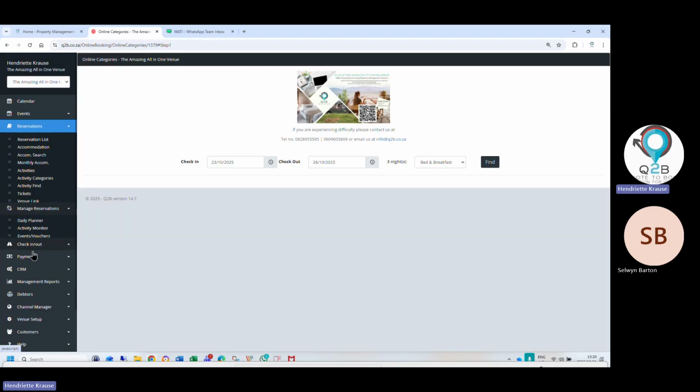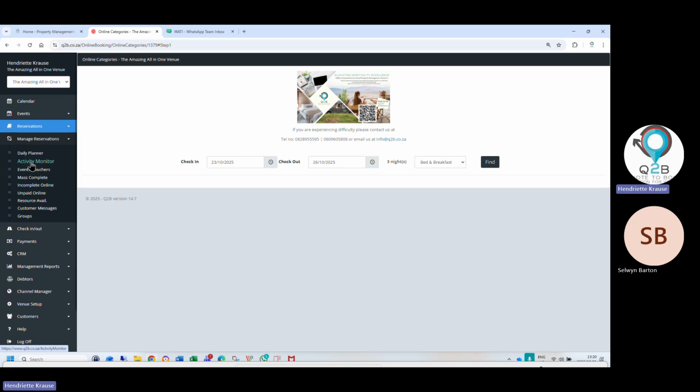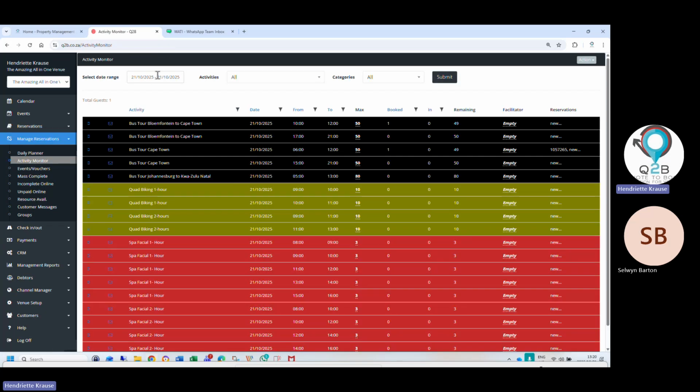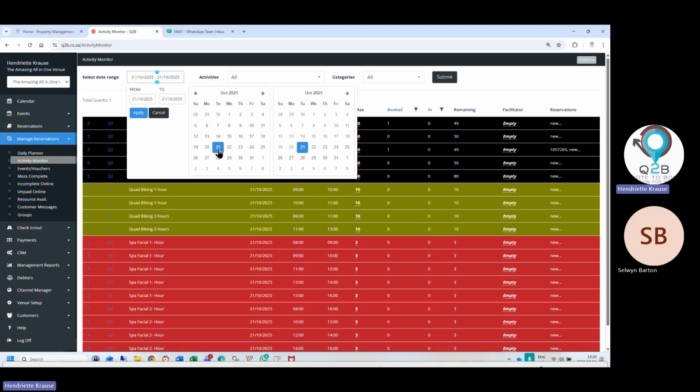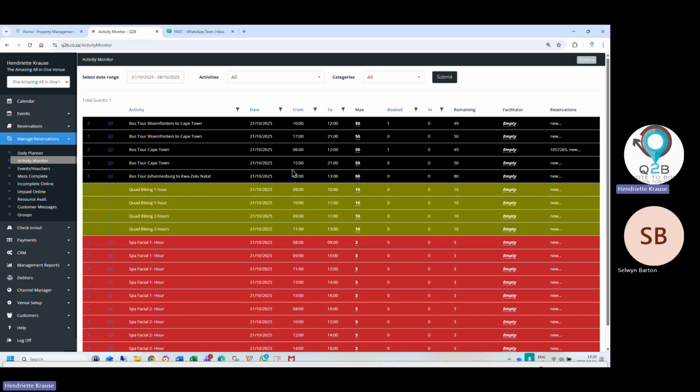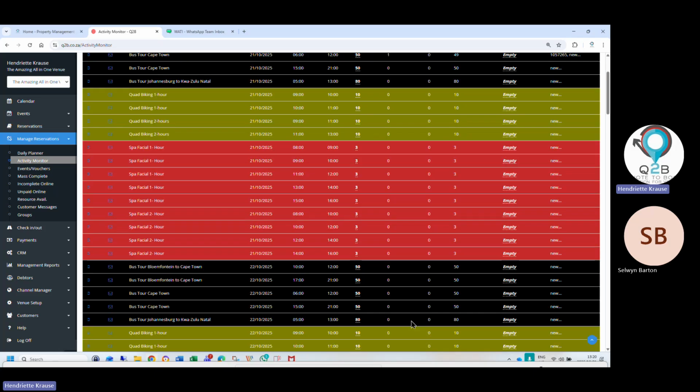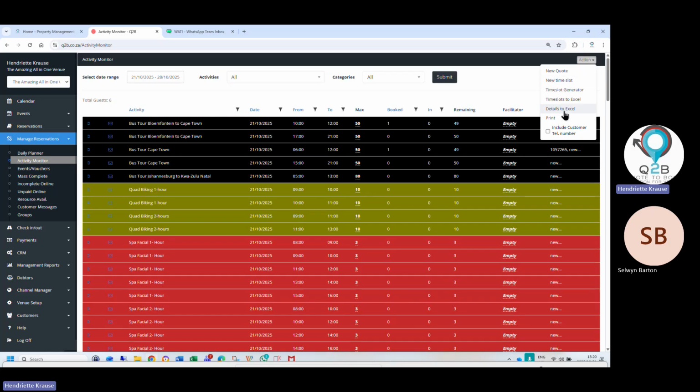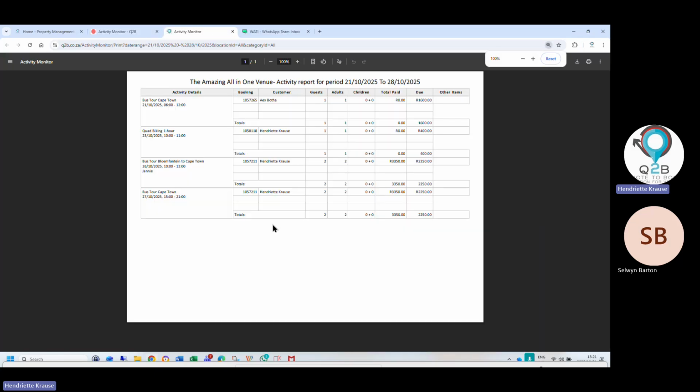All availability I showed you. Then of course we help you to monitor your activities. So if you say, I want to see all my activities booked from today up until next week Tuesday, it brings up all the activities that you offer. Excuse my colors, but all the students are playing on mine. They change the colors. And then if you print the list of all the activities booked, it will only print the list of the booked activities.